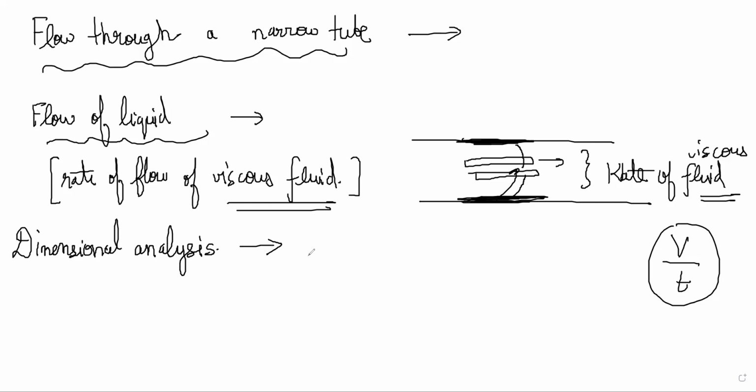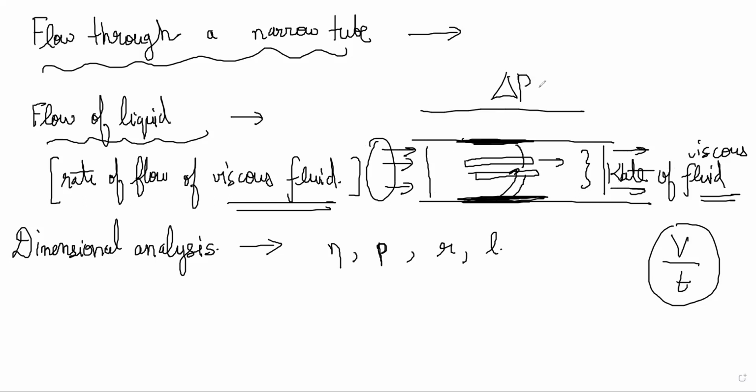So we can assume that it will depend on the viscosity coefficient, the density of the liquid, and maybe the radius and length of the tube. These are the variables that he has taken. And also the pressure difference between the ends, obviously. If there's a higher pressure here, then it should flow faster. If the delta P is high, the fluid flow should be higher.